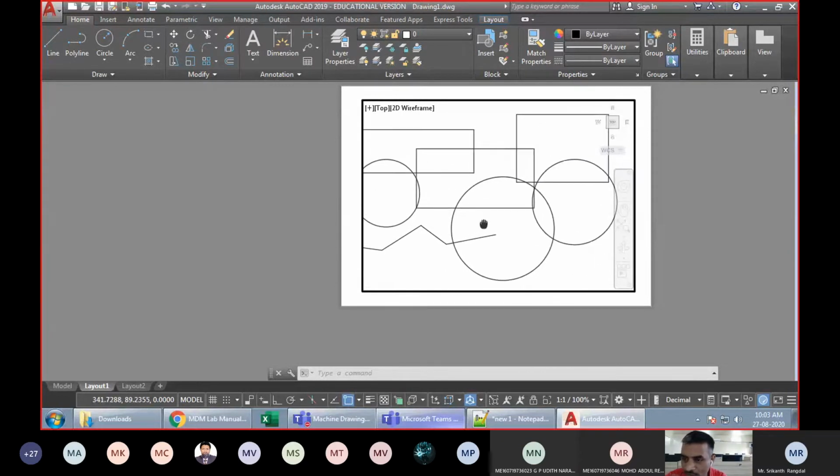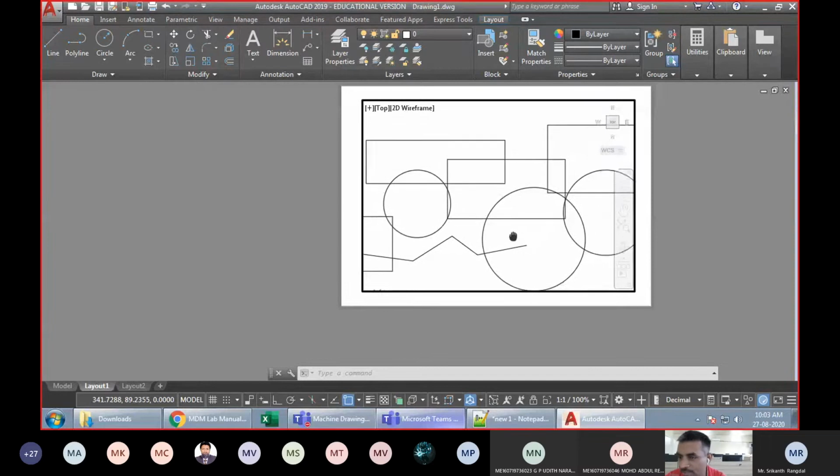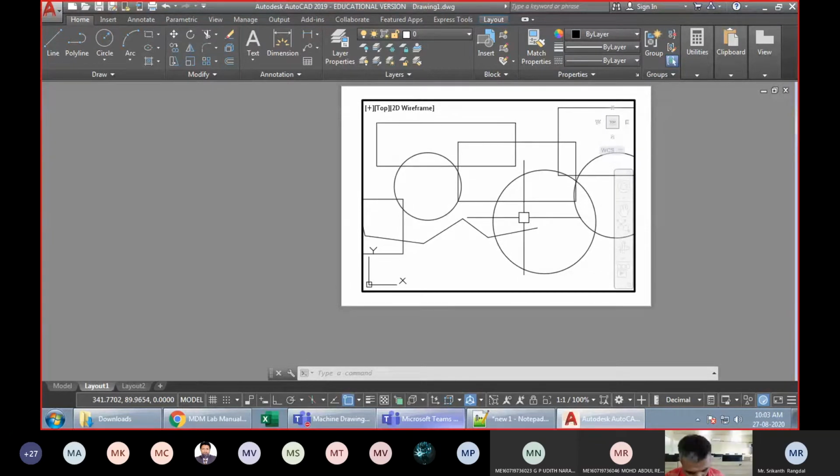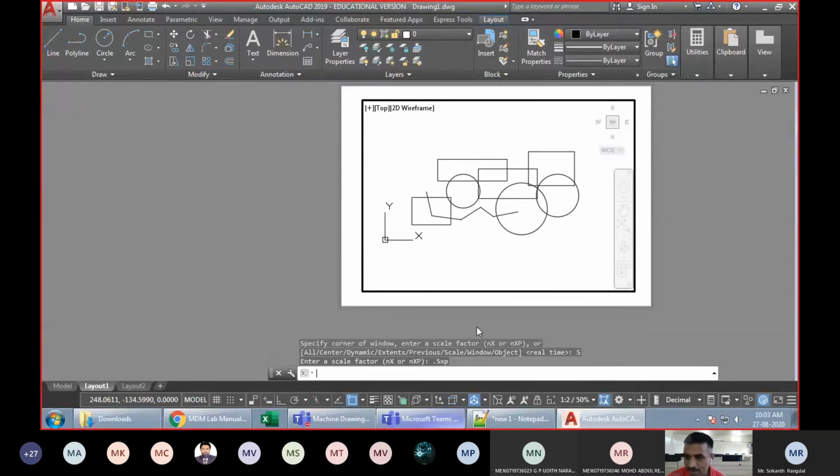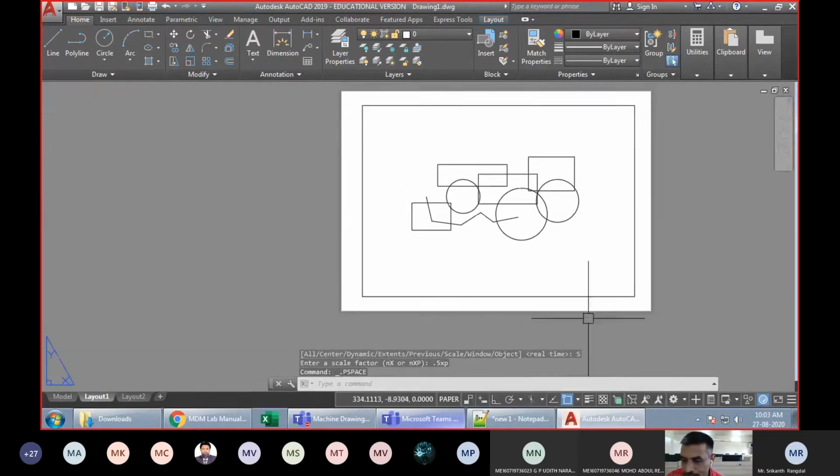But when I take 1:1, you can see my diagram is not fitting completely into this. So I can just reduce the size. So I can choose 0.5xp. So what it will do is, all my dimensions will be half of the actual size. So like this, if you want a particular scale to be used, you can use the zoom command. In the zoom command, you can use a scale factor. If you put XP after the scale factor, the same will be applied on your data.